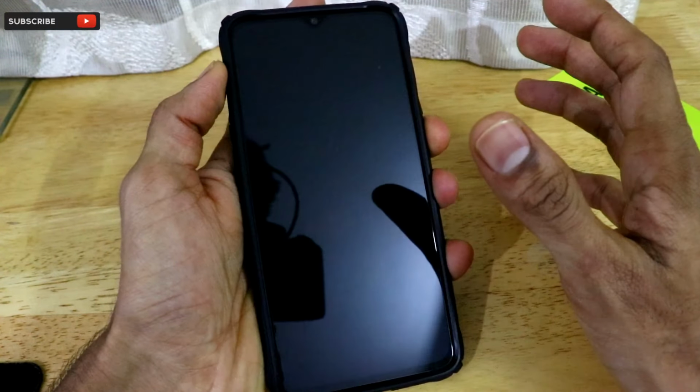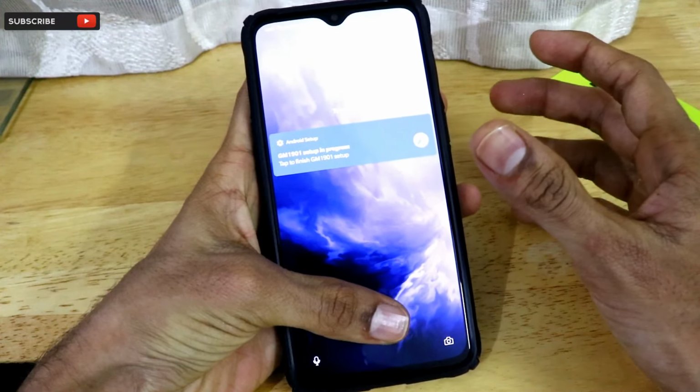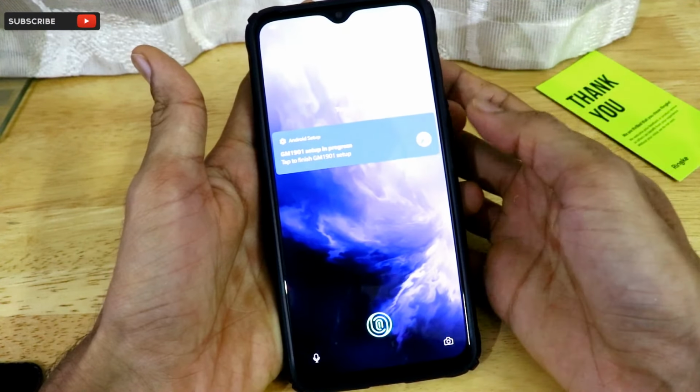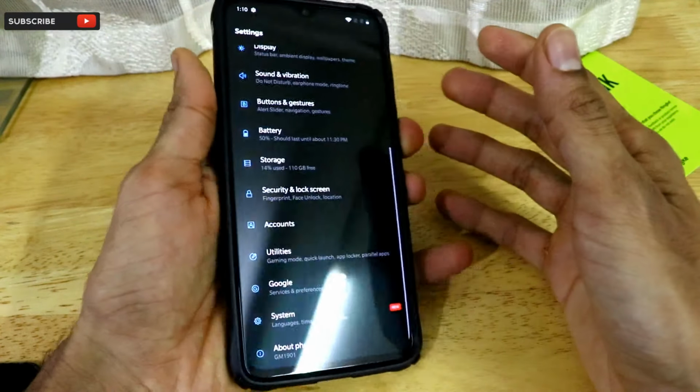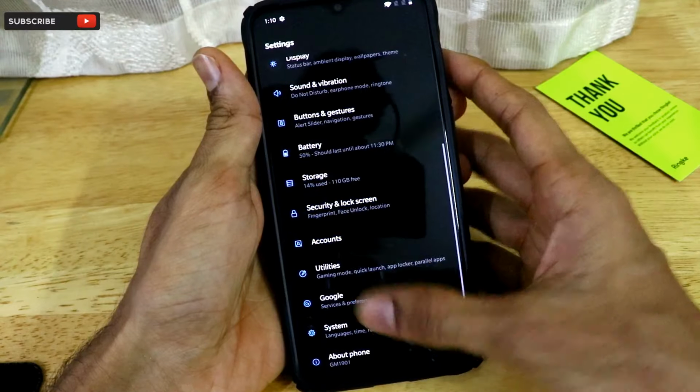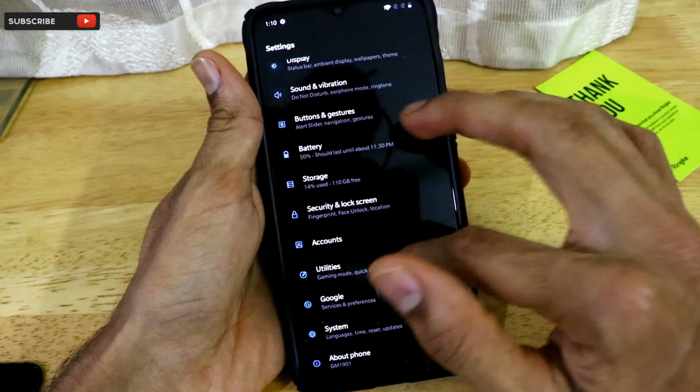For example, if you're holding your smartphone in your left hand and you want to access your device, you can use that fingerprint scanner as well. In case you're holding it in your right hand, you can access it directly like this. So I recommend you add at least 2 or 3 fingerprints on your device. This is the right finger I've already enrolled, and next what I have to do is